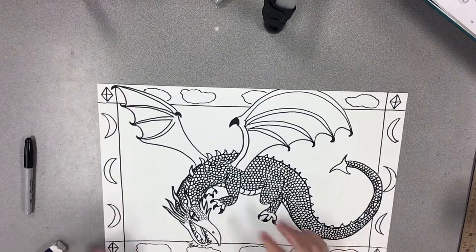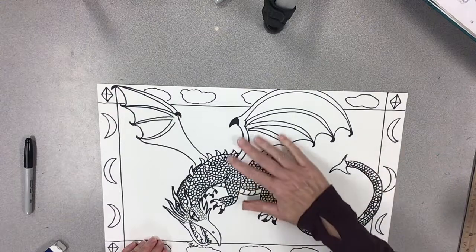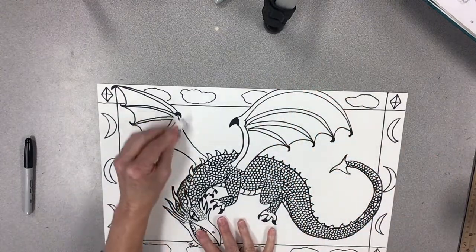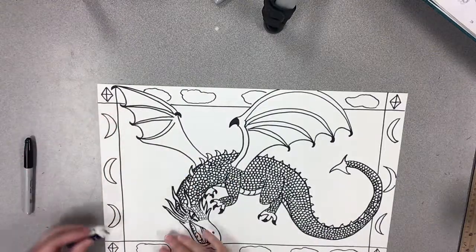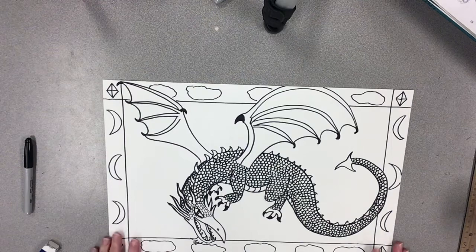But if you notice, dragons have kind of a snake-like body and bat-like wings. At least this dragon does. Okay, on to the next